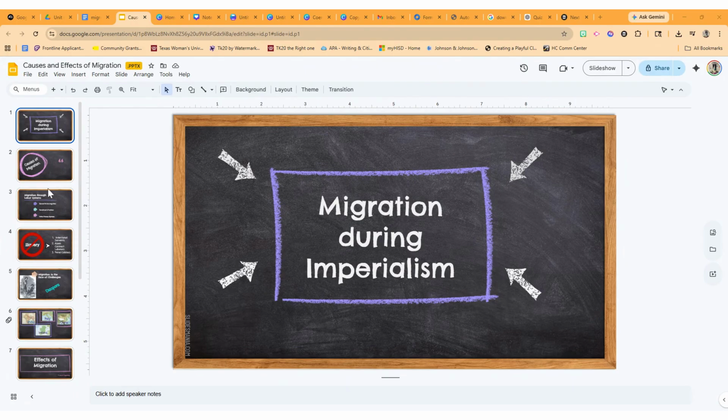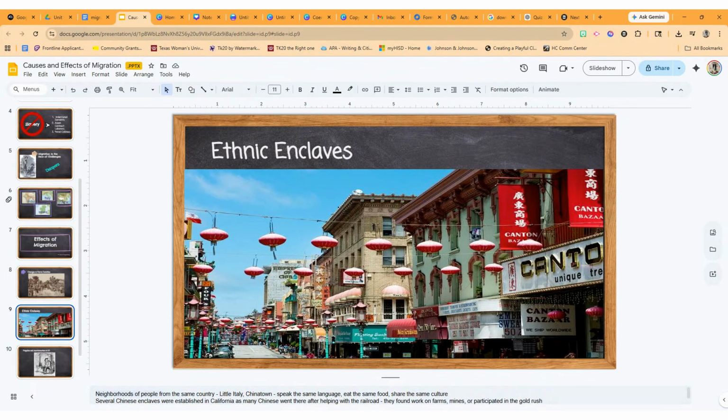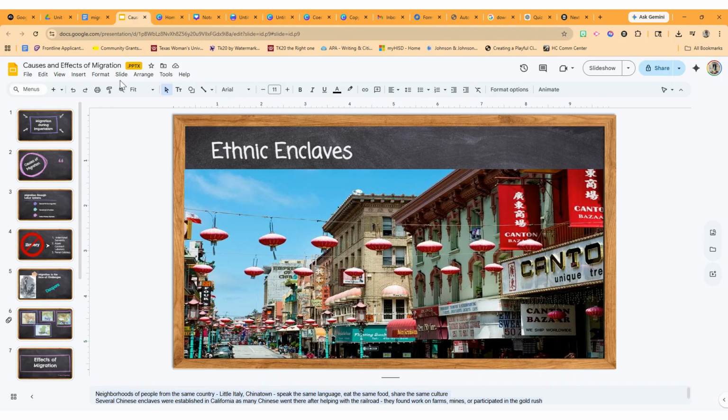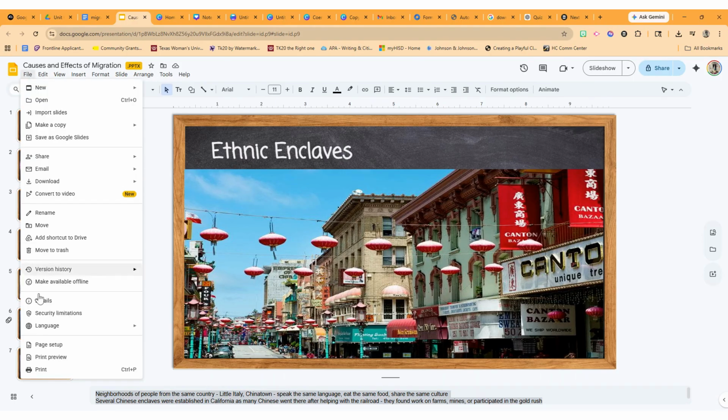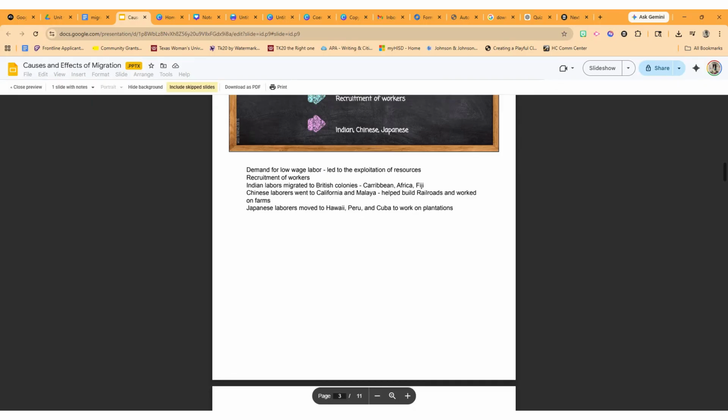So first I'm going to start with my PowerPoint. I do my PowerPoints a little bit different. I don't put as many words on my PowerPoints. I put most of the words down here in the notes section. And so what I'm going to do first is download the printer view so that it has the notes in it. And I want to go up here and choose the slide with the notes, and I'm going to download that as soon as it comes up. My computer is going super slow. So I'll download that as a PDF,